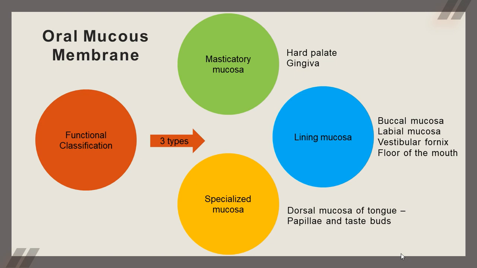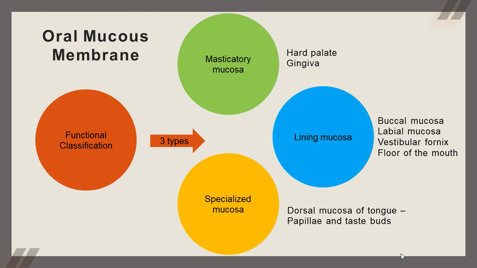What is mucous membrane? Mucous membrane is a moist lining which covers any body cavity. Any body cavity which is present will be lined by a mucous membrane. For example, you have a nasal cavity, you have the oral cavity, you have the abdominal cavity. These are lined by mucous membrane. The oral cavity is lined by oral mucous membrane. The nasal cavity is lined by nasal mucous membrane or nasal mucosa, and the abdomen is lined